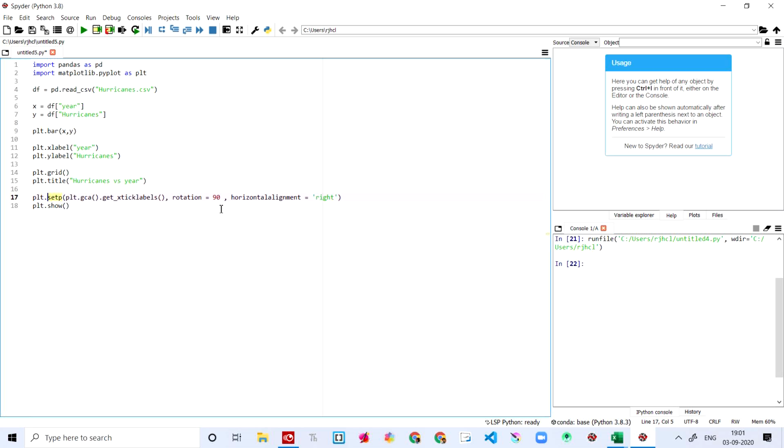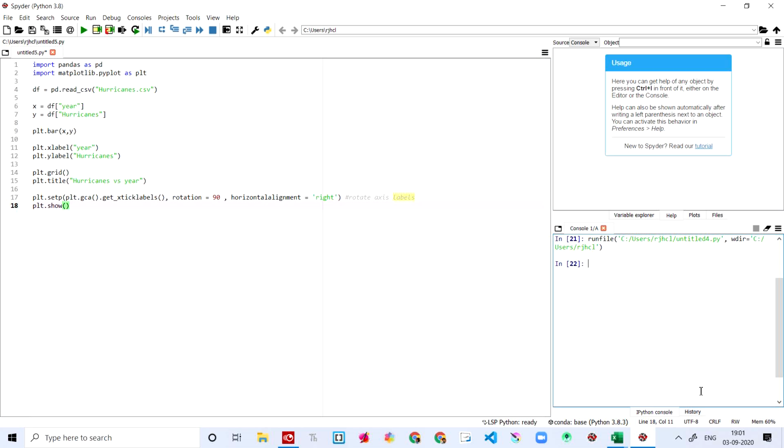Here we're going to set the axis. Let's just write it down so that we don't get confused: rotate axis labels. So here we're going to rotate the axis labels. We have set the alignment and the rotation of it. And then you're showing the data. It's like printing the data.